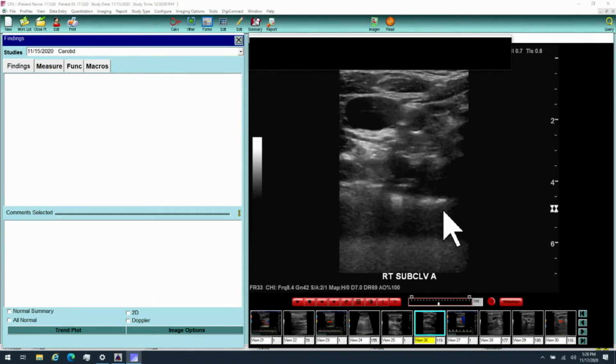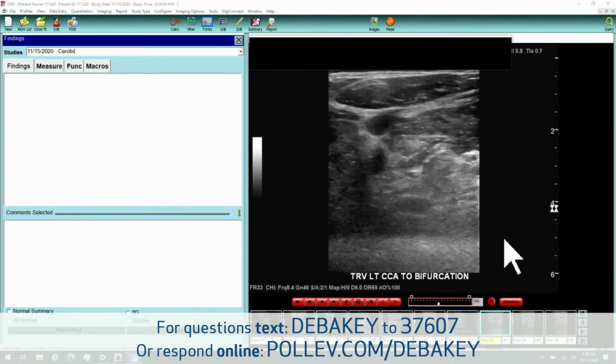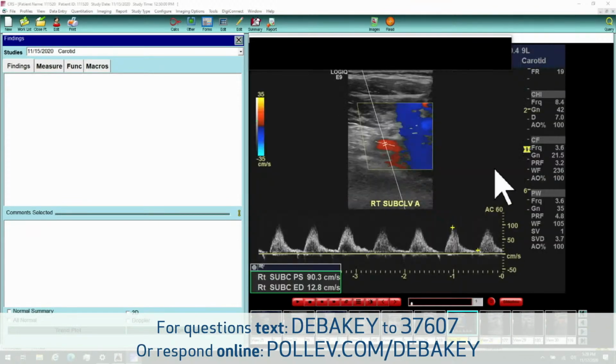Okay, subclavian, let's see what we get. And, oh man, delayed upstroke. Yeah, definitely an abnormal waveform. Nowhere near triphasic. Can you go back? Sure. So, again, we have so many questions about